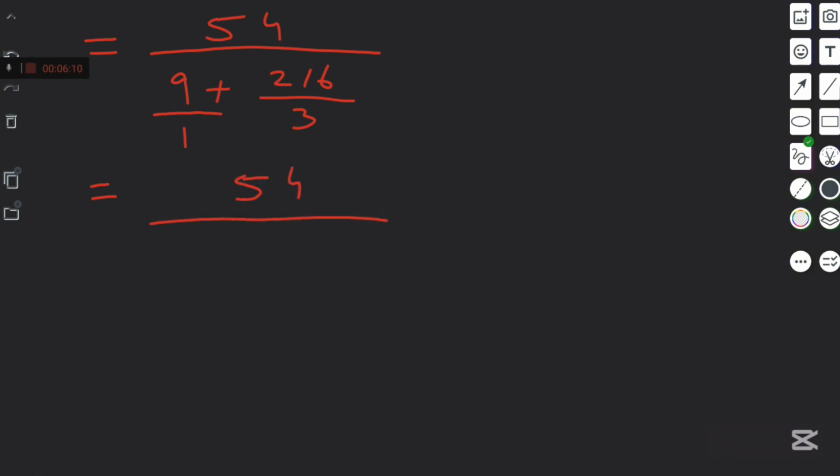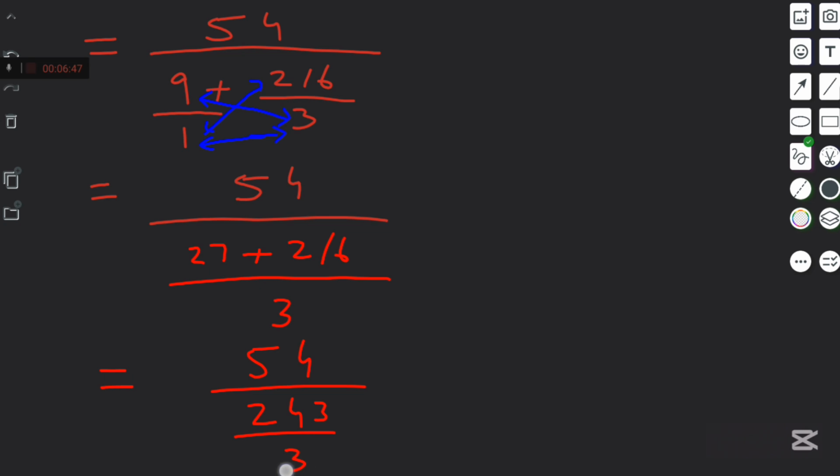So we know how to solve the fractions. We multiply these and we multiply with this cross here and then here. Okay, so you can write 3, then 3 times 9 is 27, plus then 1 times 216. Okay, so 54 over 27 plus 216 is 243, divided by 3, and this one equal to, further